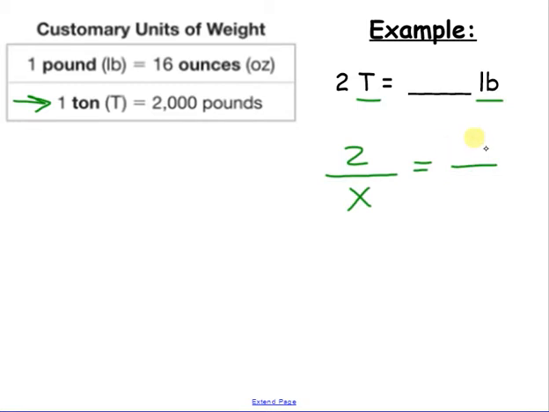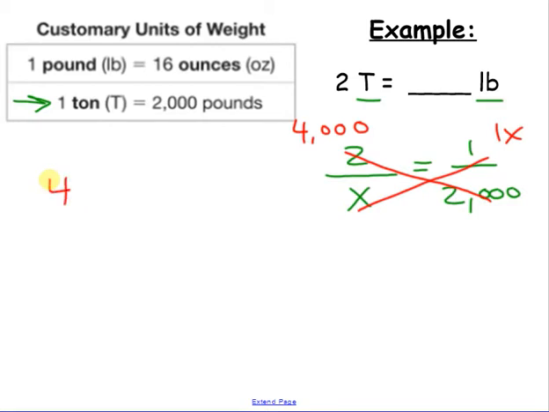So we have tons on top, which is going to be 1. We have pounds on the bottom, which is going to be 2,000. We're going to go ahead and cross multiply. X times 1 is 1x. 2,000 times 2 is going to be 4,000. All right, so we have 4,000